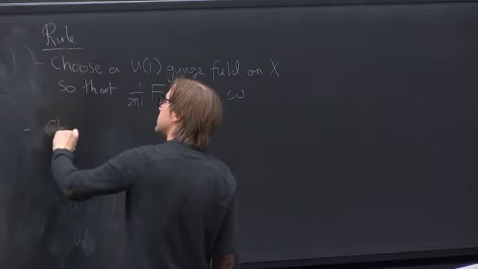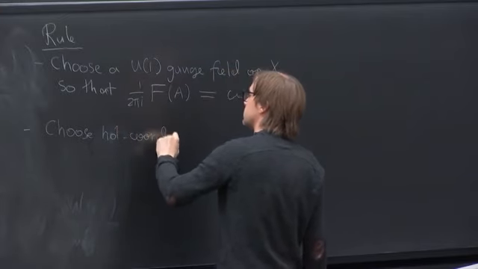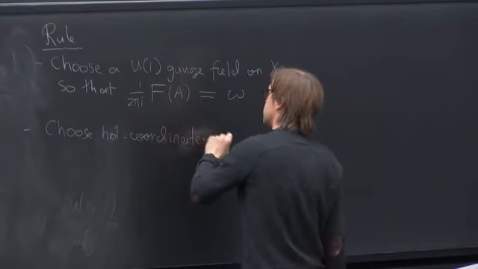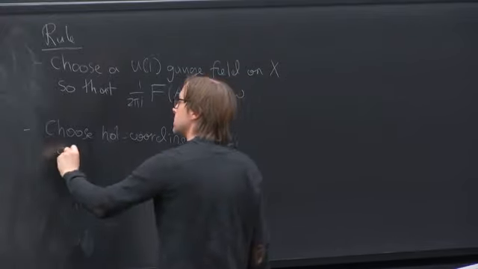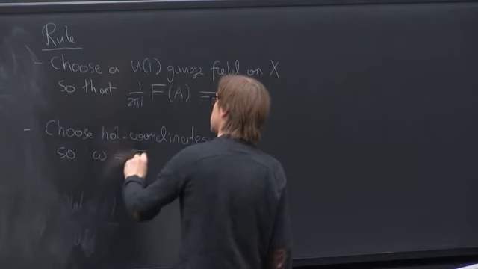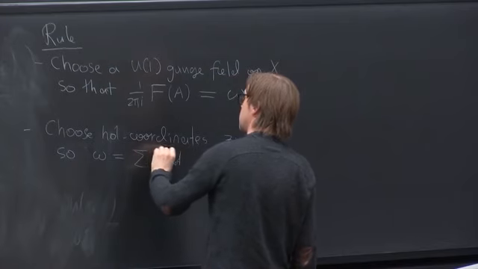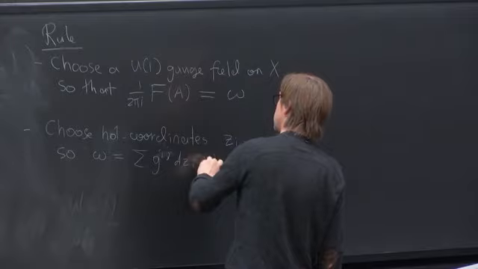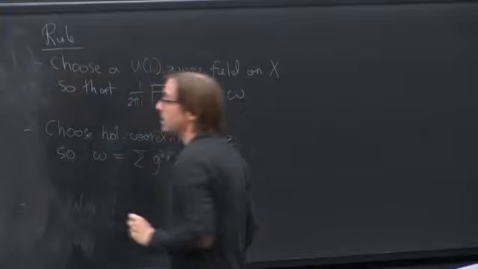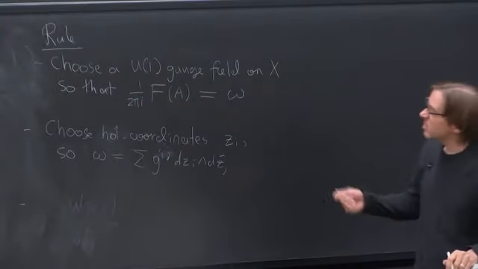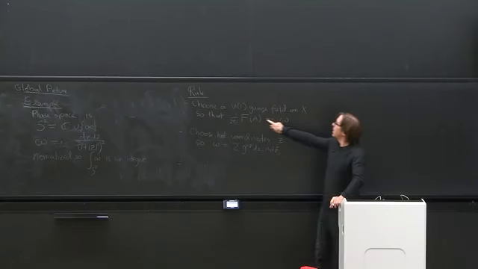Then choose holomorphic coordinates Ci in various patches. So omega looks like dZ's wedge dZ bars. And then, so what we're going to do, instead of looking for holomorphic functions, we're going to think